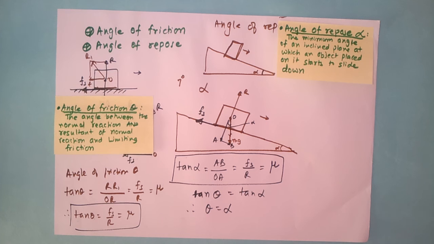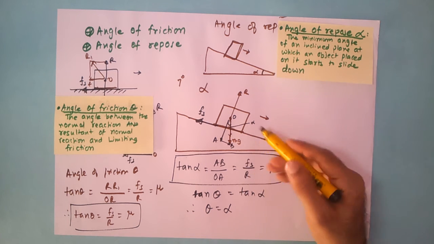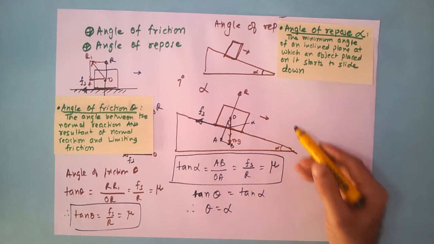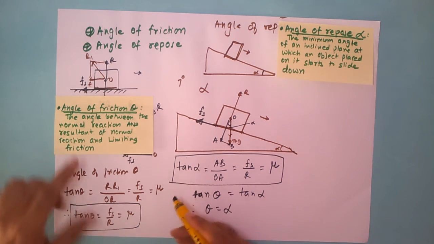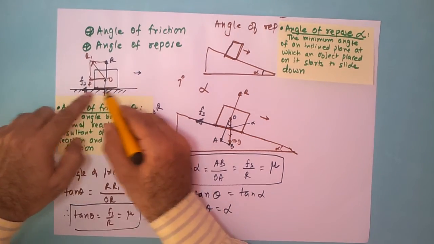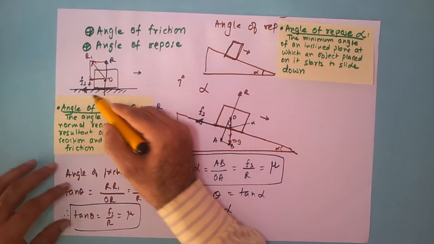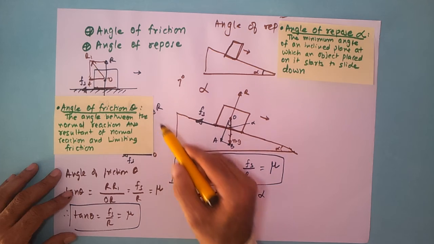That means angle of friction is equal to angle of repose when the object is just on the verge of moving, when it's just on the verge of sliding down an inclined plane. Basically, why are they equal? Here we took a situation wherein the surface is horizontal, and you could imagine that we are increasing the angle, and at angle theta,